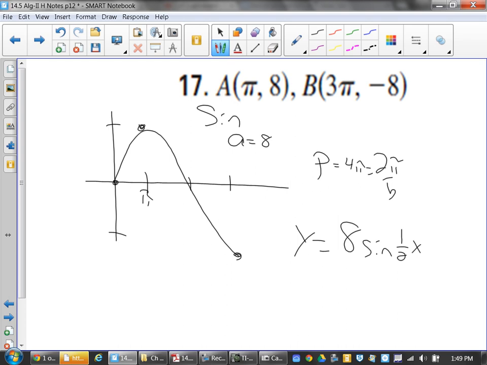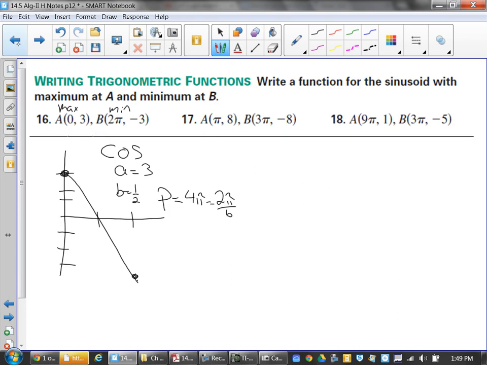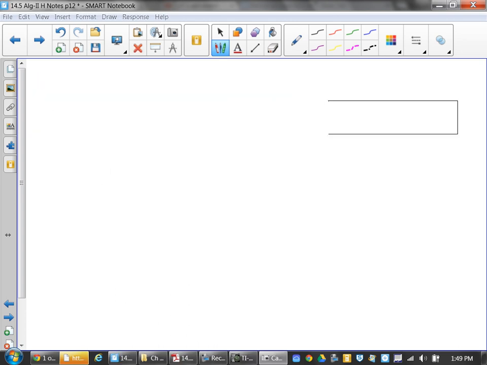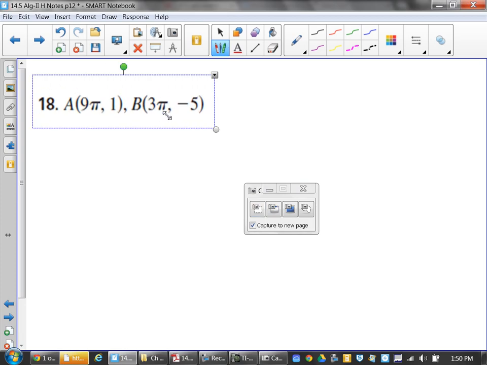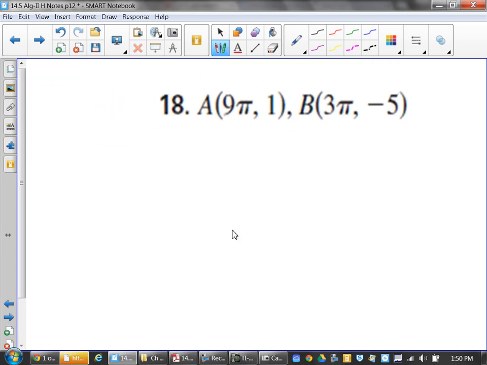And then the last one has that little vertical shift to it. So we have that vertical shift to it. What I want you to notice here is when you plot it, you've got a maximum at 9 pi and 1, and a minimum at 3 pi and